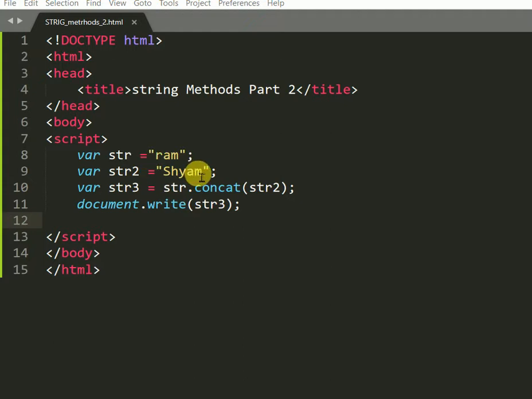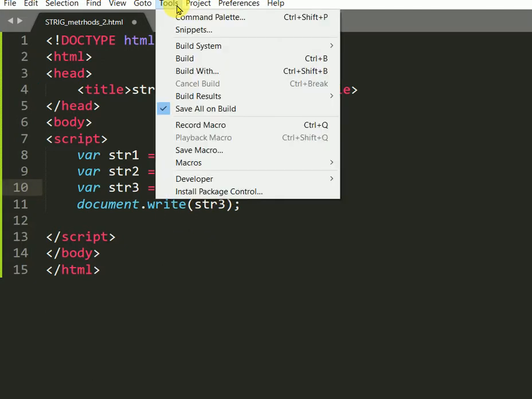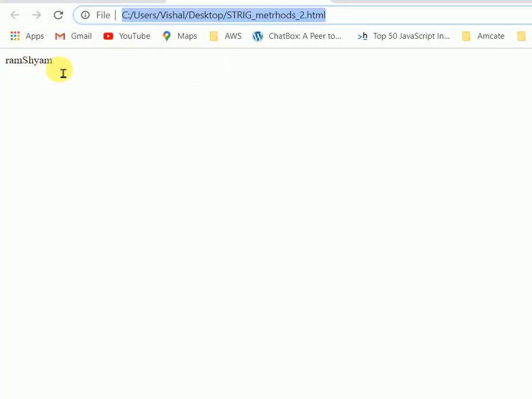So here I have taken two strings, str1 and str2. Here I am storing in str3 the concatenation of string 1 and string 2, and I will show the output. So here we get Ram and Sham.